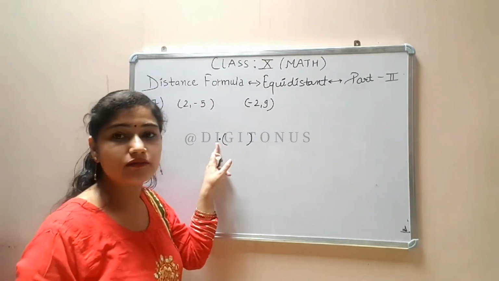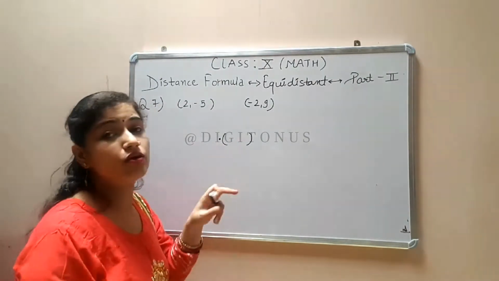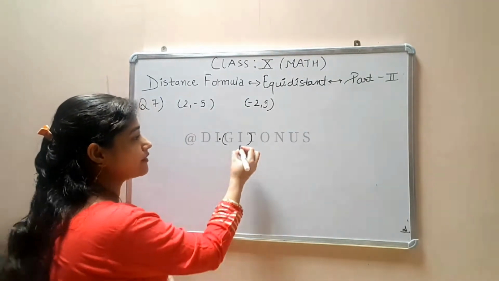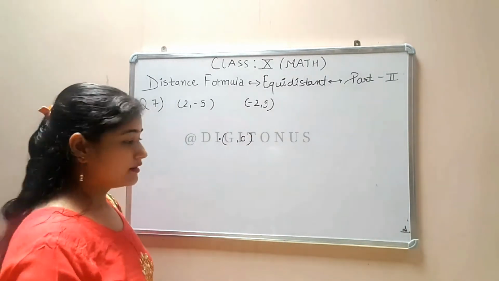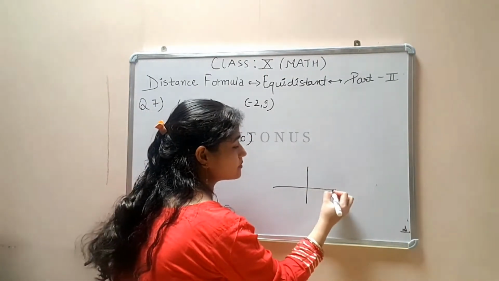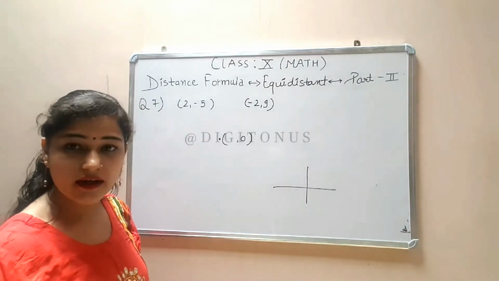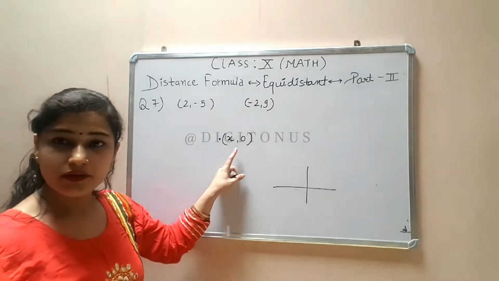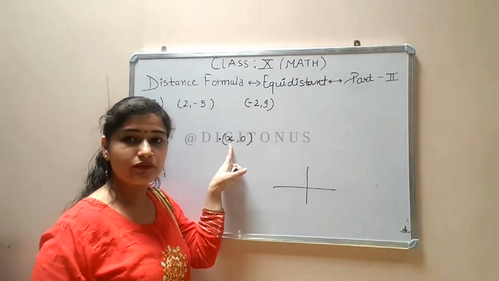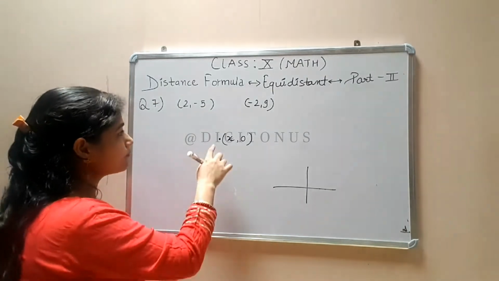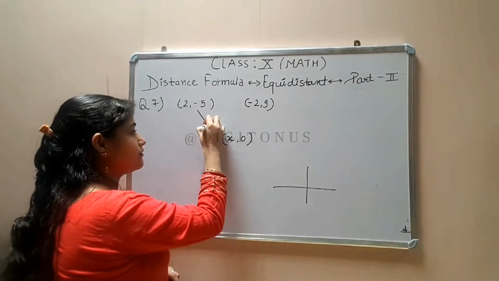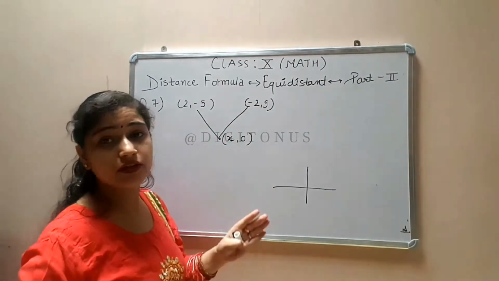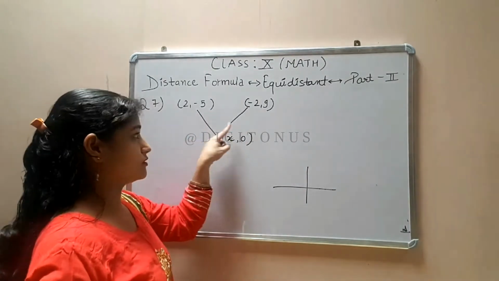First of all, what is the meaning of this sentence, that the point is on the x axis? If the point is on the x axis, it means that the y value is 0. Yes, अगर आपका point x axis पे है, it means y distance it is not covering, it means the y value is 0, and the x coordinate value, the abscissa, we don't know, so we will keep x in place of this. Okay, and this point is equidistant from both the points. So what are they giving to us? They are giving that the distance of both is the same.